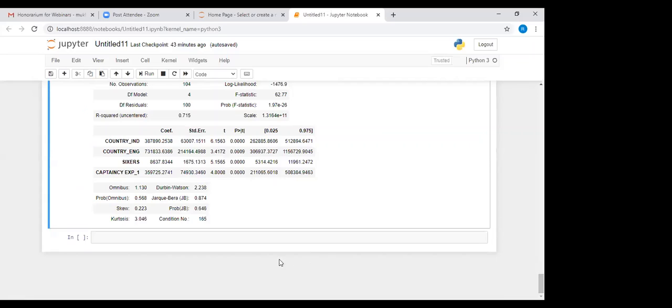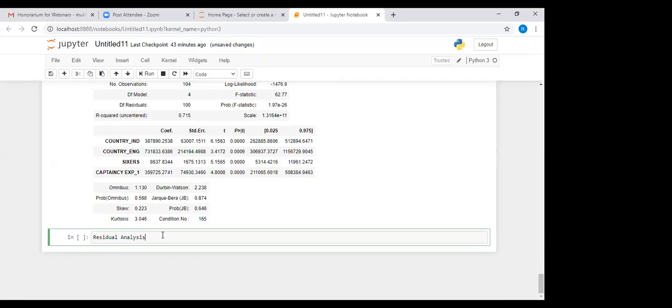Now after doing this model you need to do the residual analysis. Okay, why is this residual analysis done? The residual analysis is done to test the normality of residuals. One of the very important assumptions of a regression model, of a prediction model, was that the residuals should follow a normal distribution.